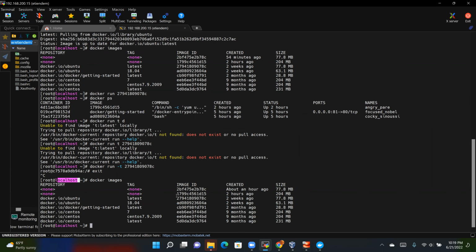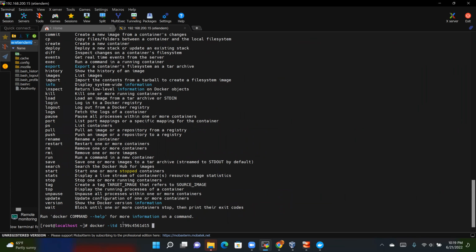And let's say we want to start this again. Then I'll do a docker run. This time around, I will not only put -it, but I put -i. It means it should be interactive. It should not just terminate anyhow. -d means detach. It means it should not lock me in that container. Then I put the container ID. Remember, I copied it from here. And once I hit enter,